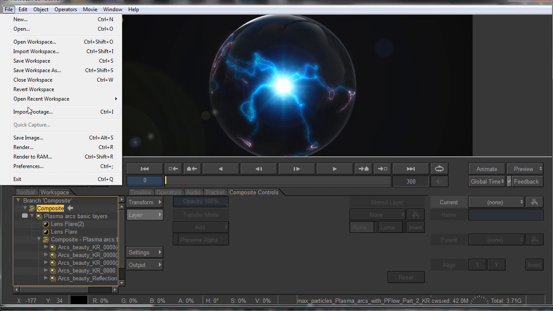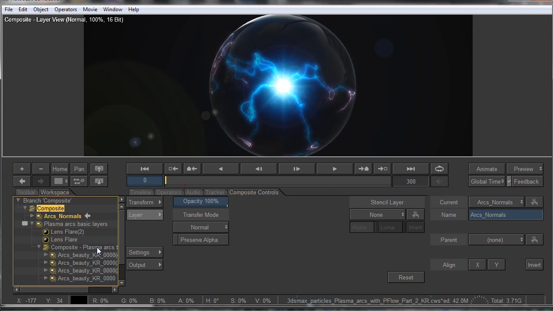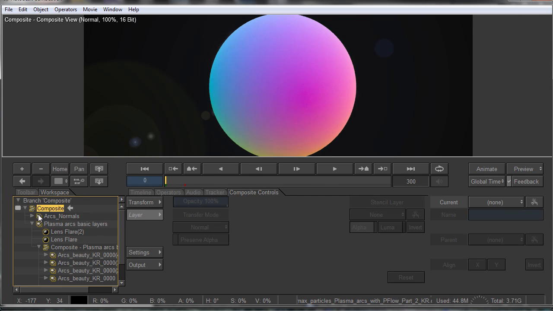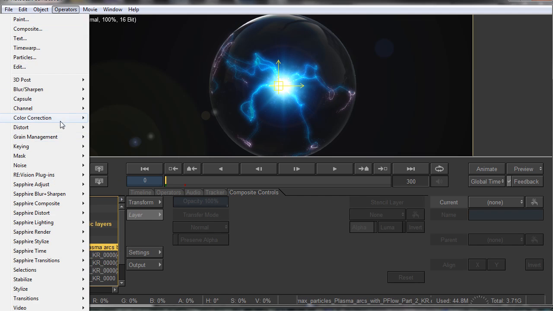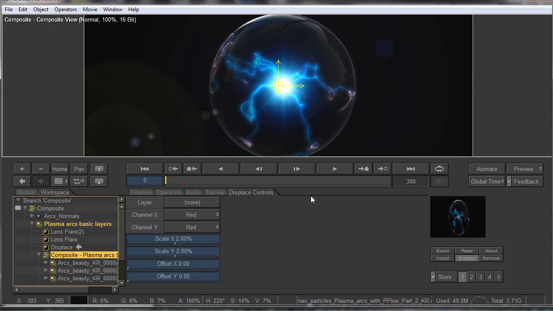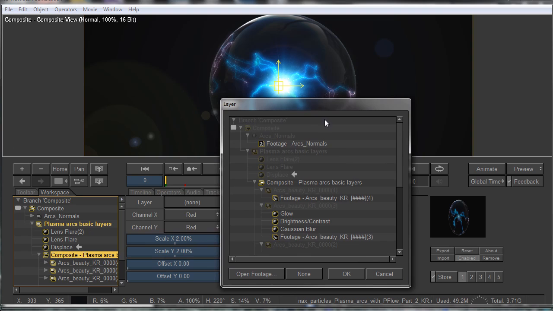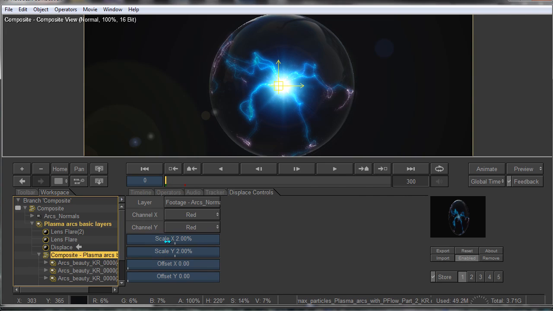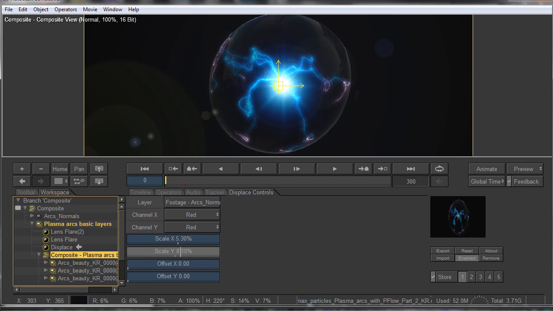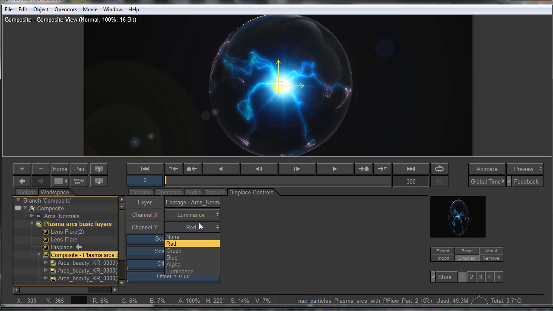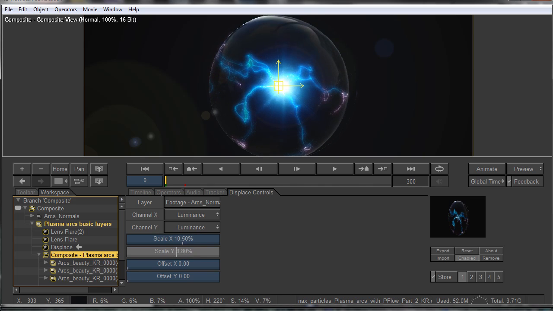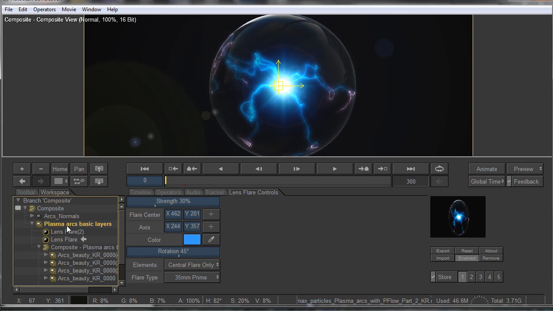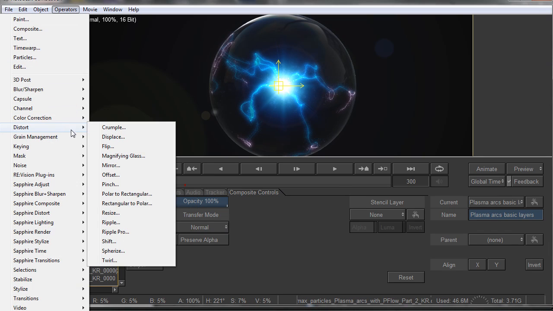Let's import the footage, the last one, the normal. So you see that's our pass. And let's see what happens if we have, for example, there inside the distort, the displace, and I select this layer, and you see that that's the displacement we are obtaining. Let's go for luminance and luminance, but it's not so good as displacer, so let's remove it, and let's see whatever we have there,